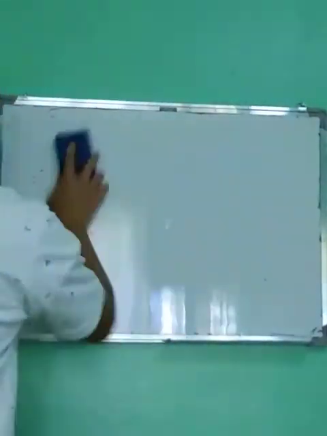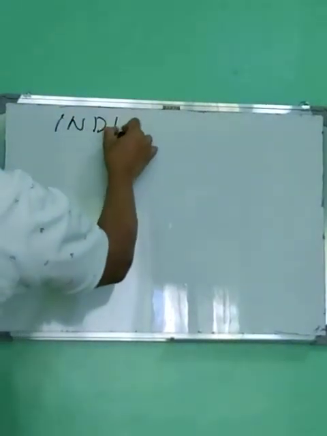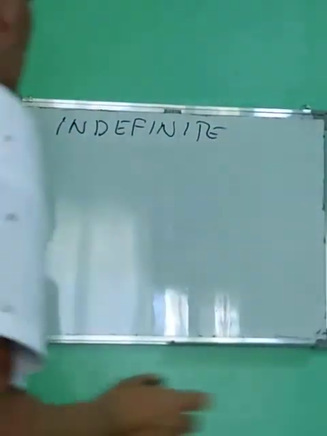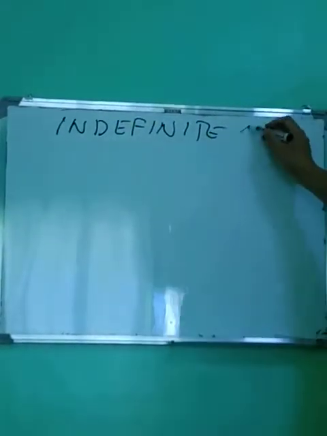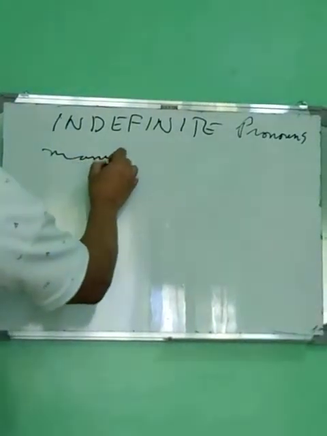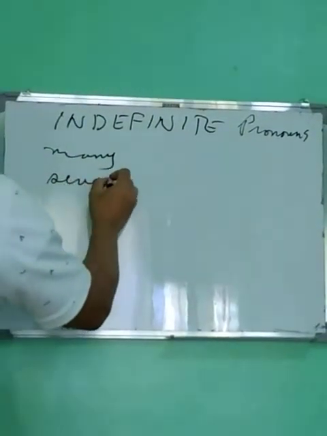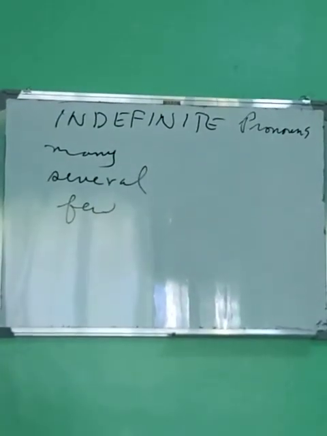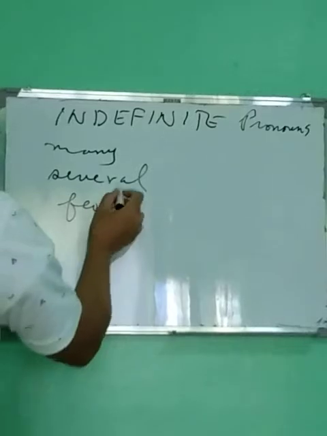Clear? Now we also have what we call indefinite pronouns. Indefinite meaning you cannot ascertain the number of the noun or the subject. Indefinite pronouns. What are the indefinite pronouns that you know? Well, you may say many, diba? These are indefinite, several, few. These are indefinite because you cannot determine the actual number. No? Few,